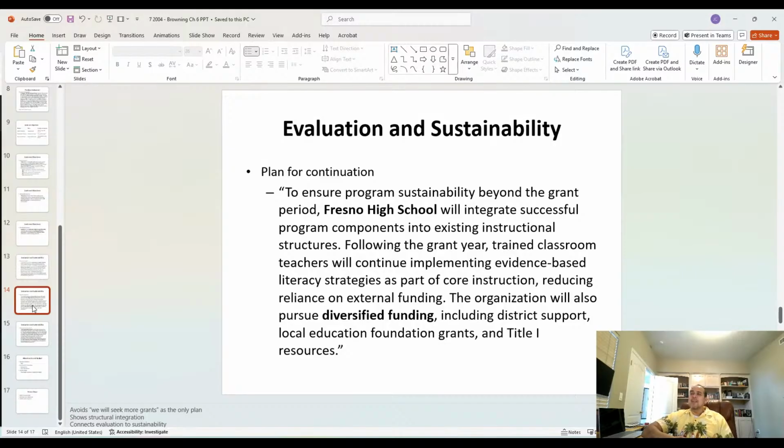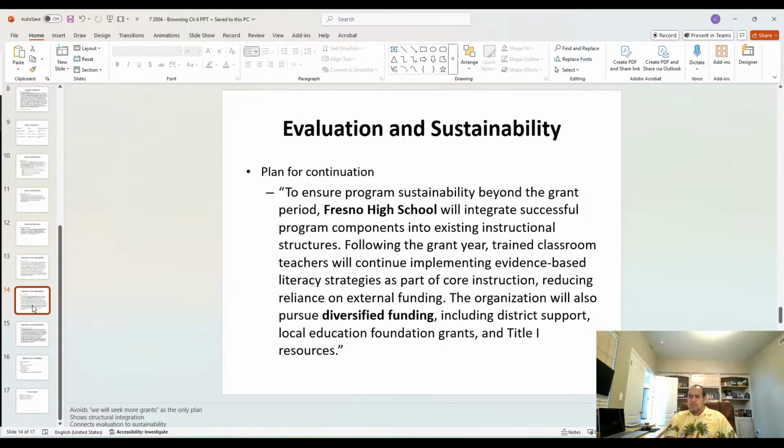So you say, here's an example: to ensure program sustainability beyond the grant period, that means after the grant ends, Fresno High School will integrate successful program components into the existing instructional structures. Following the grant year, trained classroom teachers will continue implementing evidence-based literacy strategies as part of core instruction, reducing reliance on external funding. The organization will also pursue diversified funding, including district support, local education foundation grants, and Title I